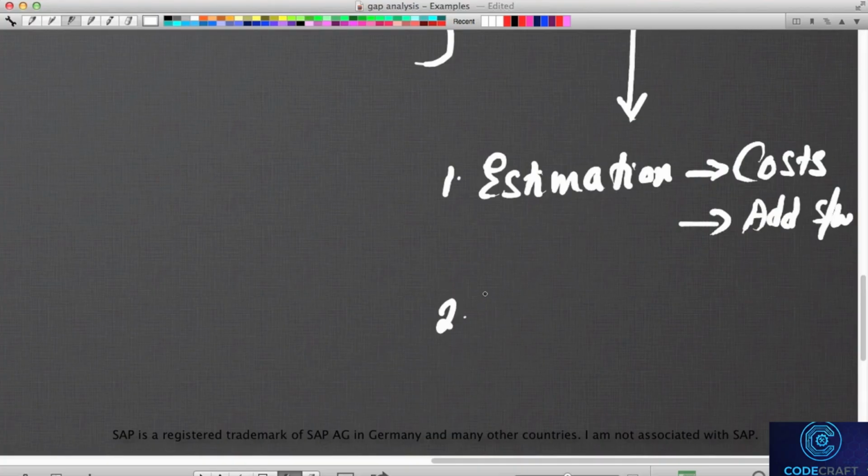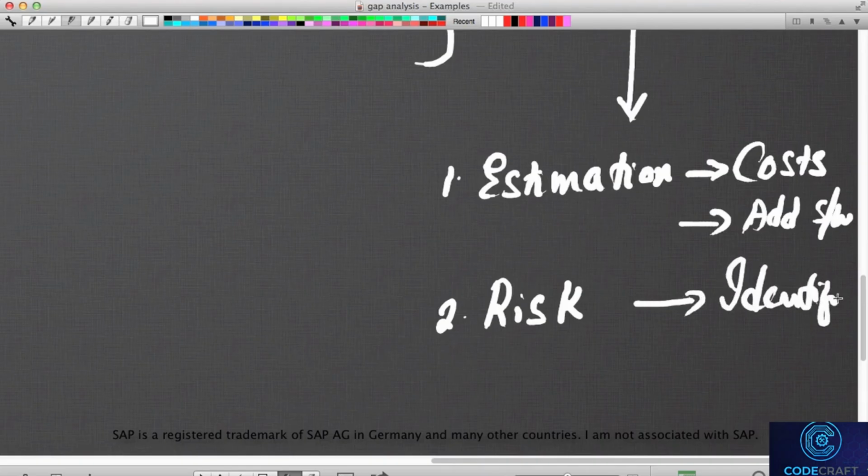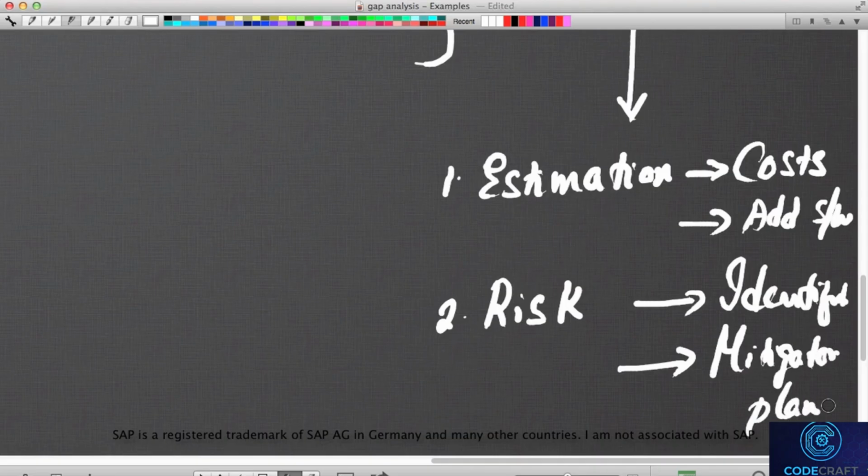It's also going to give us an estimate of the risk that's associated with implementing all these features. For all the features that have a fit, we don't have a big issue, but upfront, because we are identifying the gaps, the risks are also identified. And if necessary, if the budgets permit, you're going to talk about a mitigatory plan, which is going to say, yes,